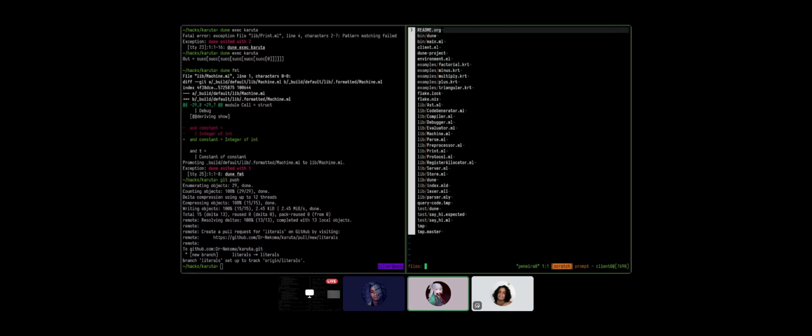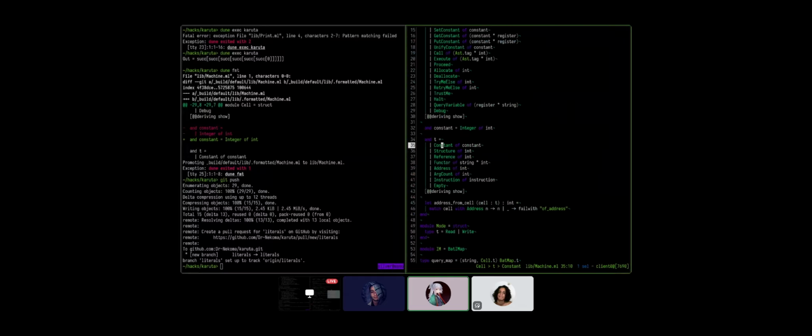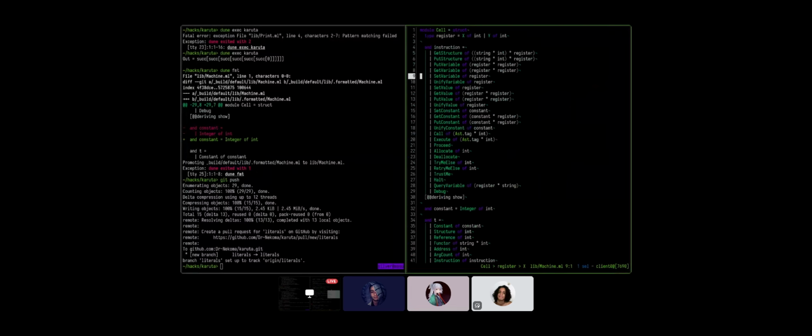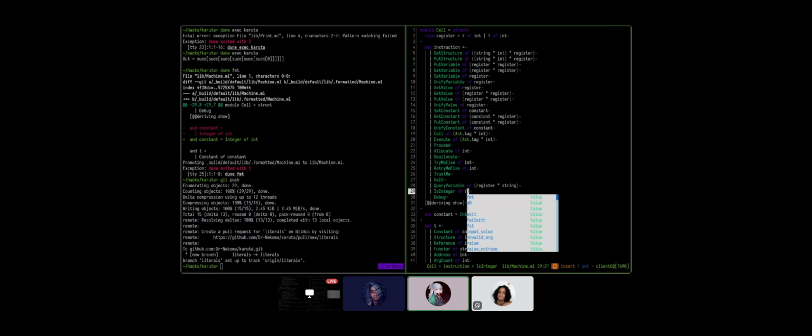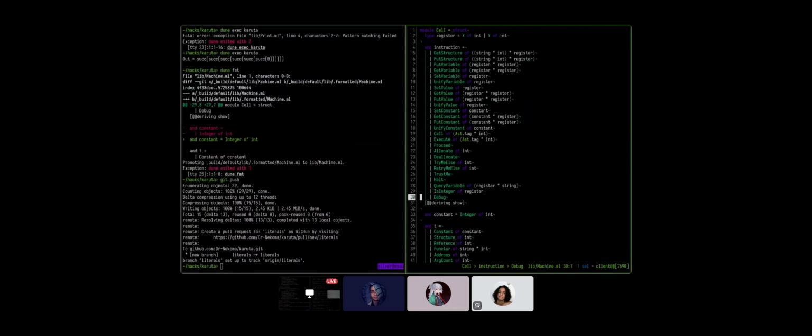We need the machine. Is it here? It is actually. Is integer of register. Should it be of register? I really wanted to have a thing because we see what's going on now.